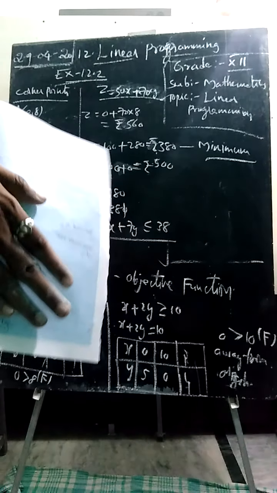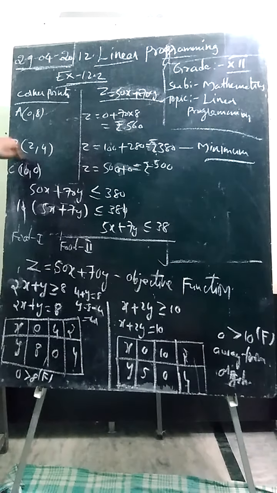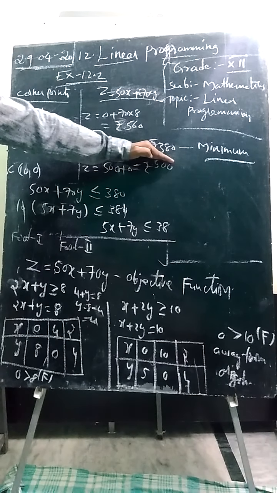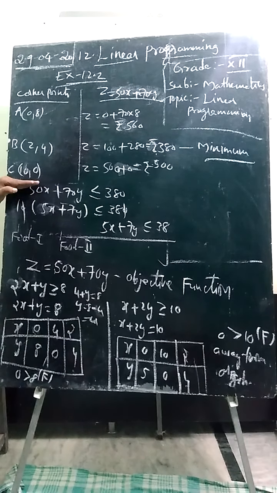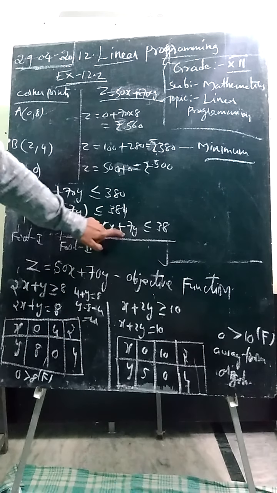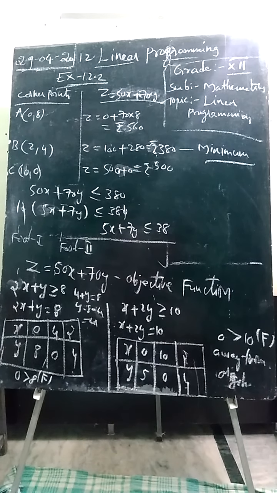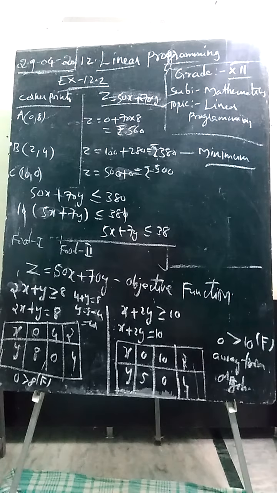All the equations are conditions. When we substitute B (2, 4), we got the minimum cost. It means the minimum cost we are spending to get maximum vitamin C and vitamin A is rupees 380. If you substitute in the equations, this is the required inequation to get maximum energy with minimum cost in this diet problem. Let me discuss one more model, which is related to a manufacturing problem.